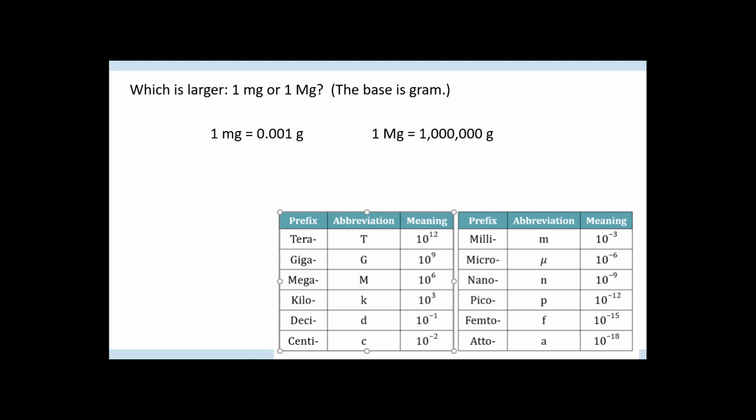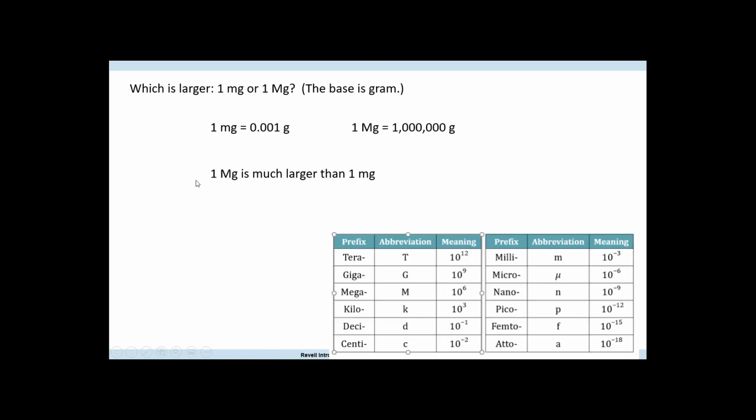Okay, and our last one. Which is larger, 1 milligram or 1 capital M, 1 megagram? And the base is gram. So remember, what's in front is the prefix. The base is the back part, so it's gram. So in this case, I spelled these out. I pulled them out. We have 1 milligram equals 1,000th of a gram. And 1 megagram equals 1 million grams. So obviously, it's going to be 1 megagram is much larger